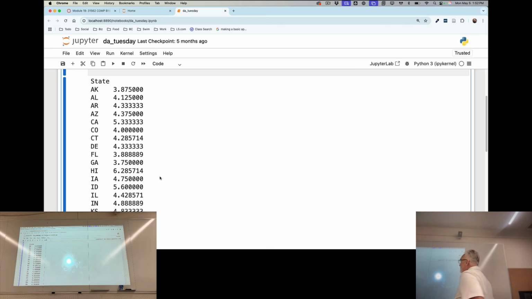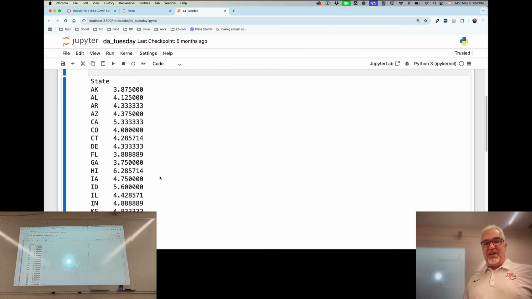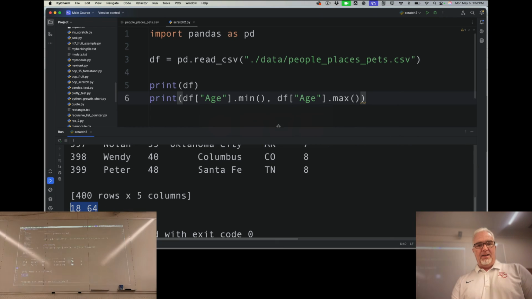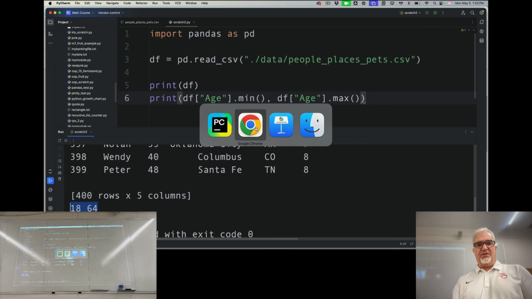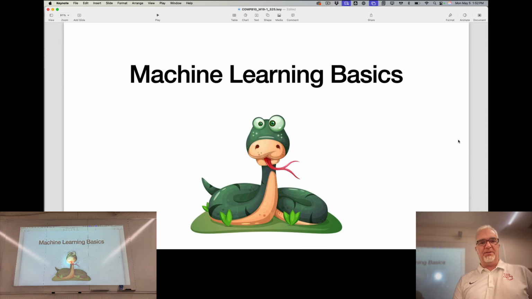This would be interesting visualized, right? If we had a map of the United States and we had each state colored in like a different color, we could maybe see if there is a geographical pattern there. So there's a lot of stuff you can do with data that's really kind of interesting. Even if the data itself is just kind of like whatever, honestly, I don't really care about how many pets people have, but I'm already kind of curious about this data.